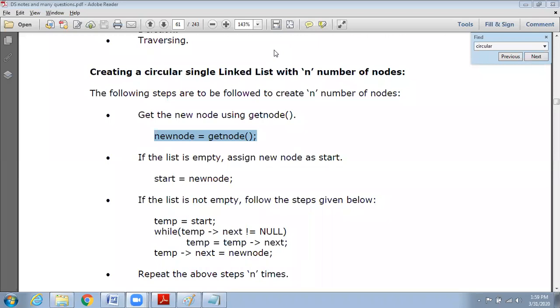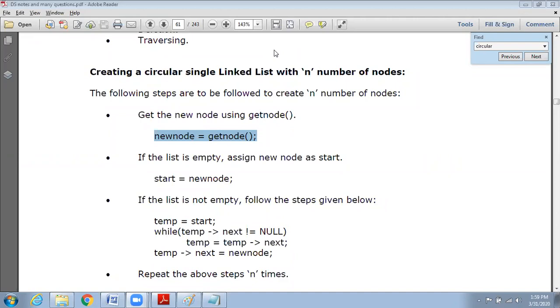What are the things we are doing? Can you recall? First step, you have to create a reference using a structure pointer variable, for example, node star new node. And you have to do the memory allocation using malloc. And what is next? You have to read the data. And what is next? You have to assign the address part as,